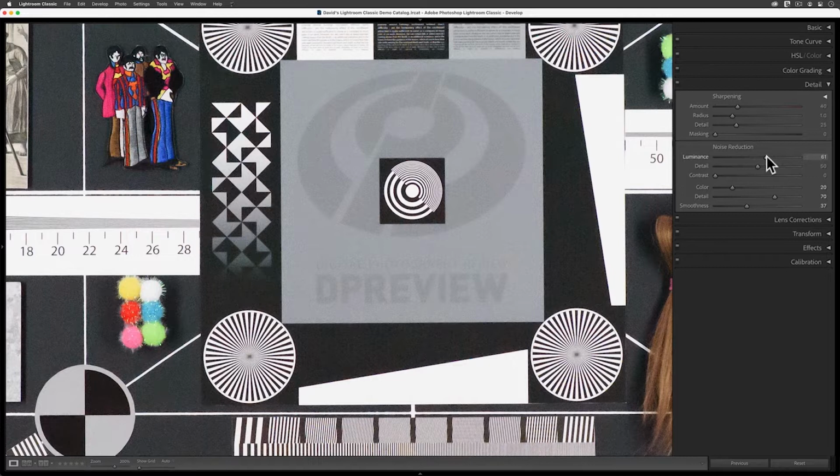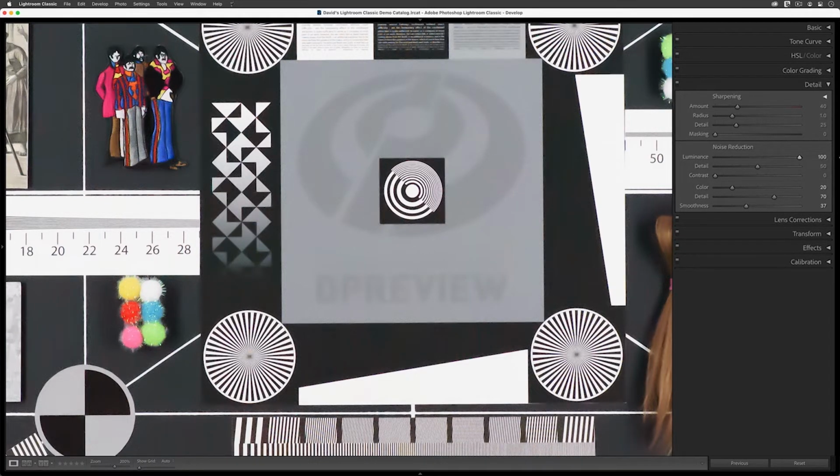When I move this one, I'm looking for the lowest setting where the speckled noise is no longer prominent and overbearing. The danger, if you crank this slider all the way up, is that you will wipe out some of the meaningful details in your image. Watch the words DP Review right in the center if I bring this slider all the way to the top.